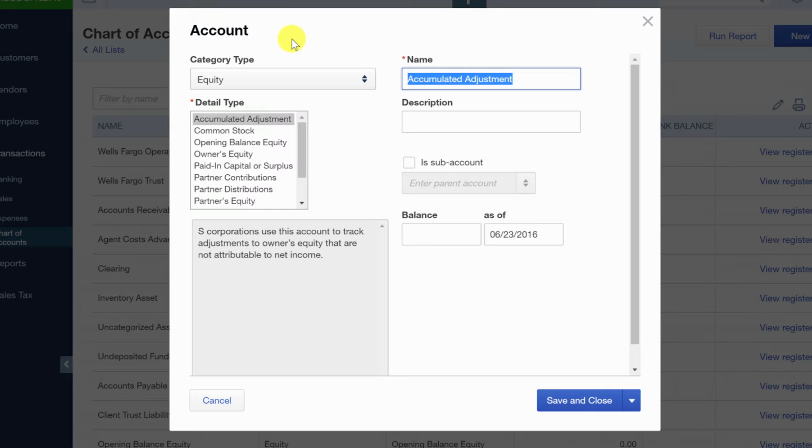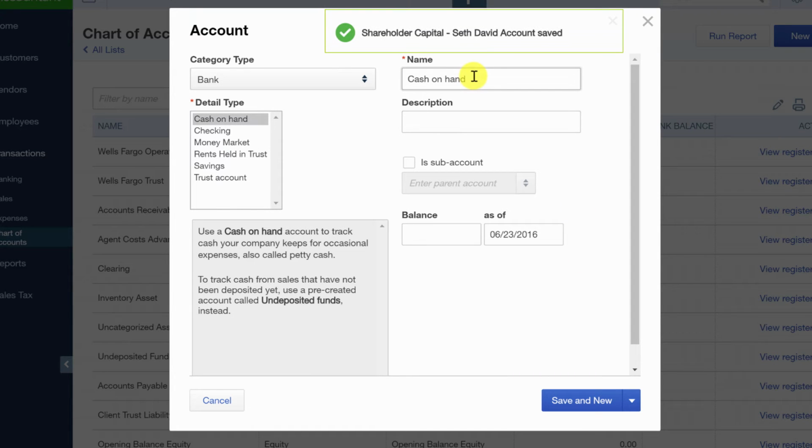So let's say it's an S Corp, so we have shareholders. So I want to do shareholder capital. And if it's me, I'll say Seth David. Okay, that's one account. We're not done. So we're going to just save and new. And I'm just going to copy that to the clipboard because it's going to save me a minute and another second. All right, then we're going to go to